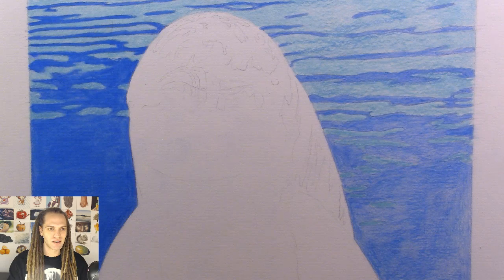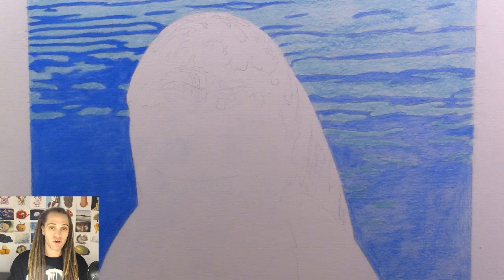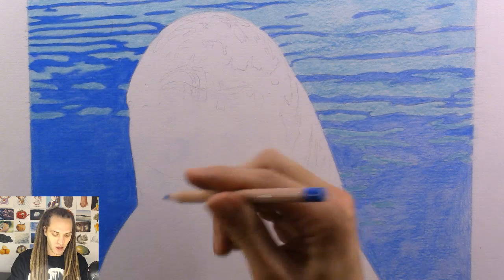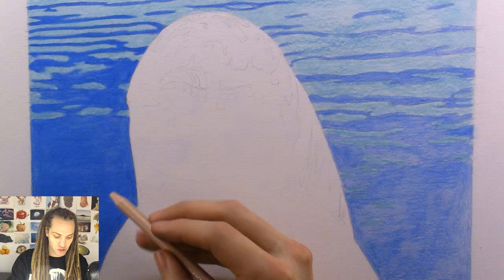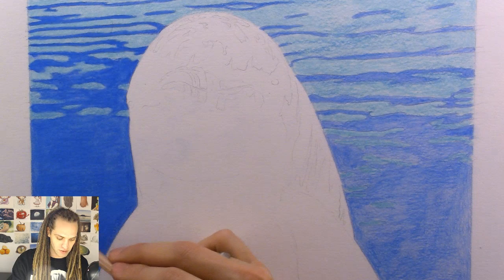But for someone that isn't as experienced with colored pencils, I don't recommend going that way, because you don't always know how all your layers are going to mix together with your solvent. So it's a good idea, and I'll do that in my own personal pieces, but I don't tend to do that or teach that